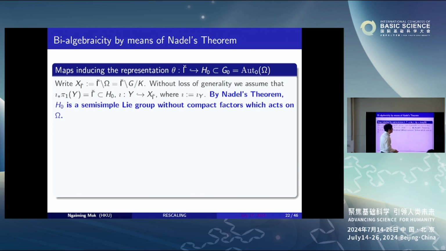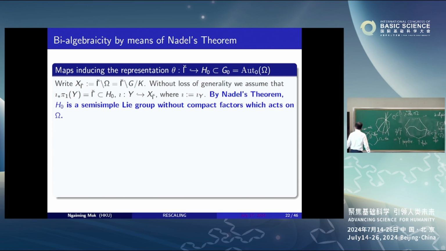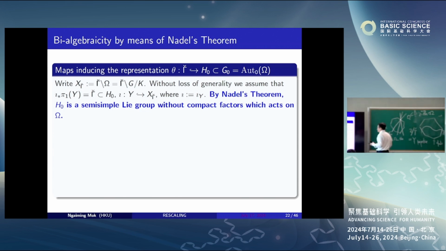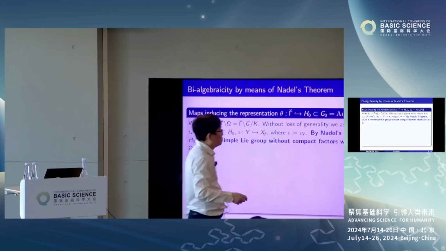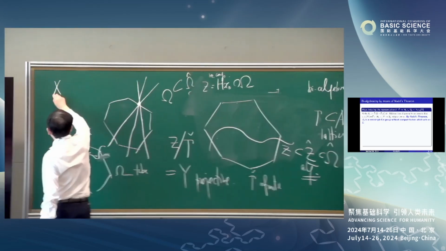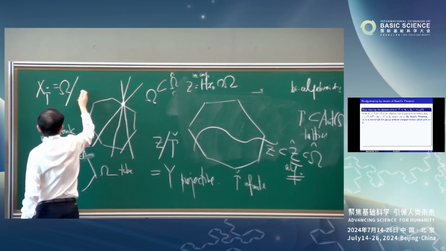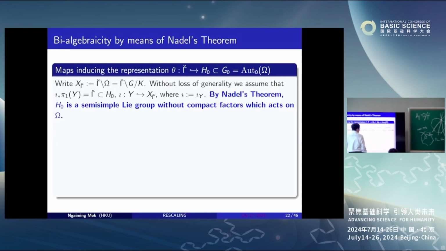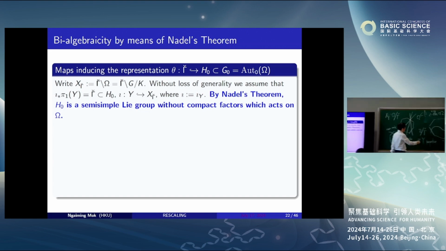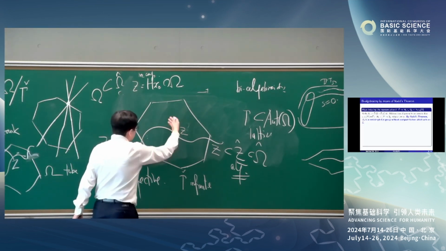Now, how does one prove the results of bi-algebraicity of myself and Chen from Nadel's theorem? Well, the point is this. I have this Γ-check here, and I can also consider the quotient of Ω by Γ-check. Of course, this might have infinite volume, so you can take X_Γ-check to be Ω. Okay, so this might have infinite volume. Now, here you have this variety Z, and it has an automorphism, or some restricted automorphism, which